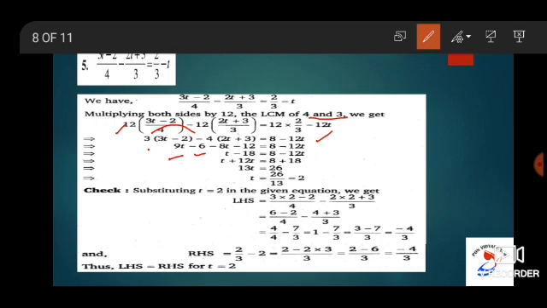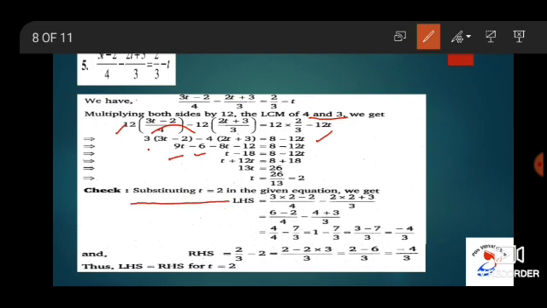On solving this, t minus 18 is equal to 8 minus 12t. So, on bringing the variables on one side and constants on the other side, t plus 12t is equal to 8 plus 18. That is 13t is equal to 26. Now t is equal to 2. Now we have solved the problem. We have to check the result.